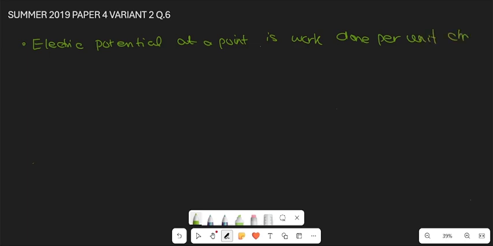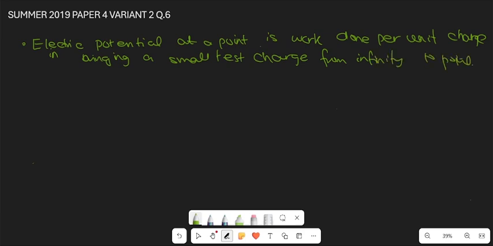Electric potential at a point is the work done per unit charge in bringing a small test charge from infinity to the point. Then we have the B part that says two parallel metal plates A and B are held a